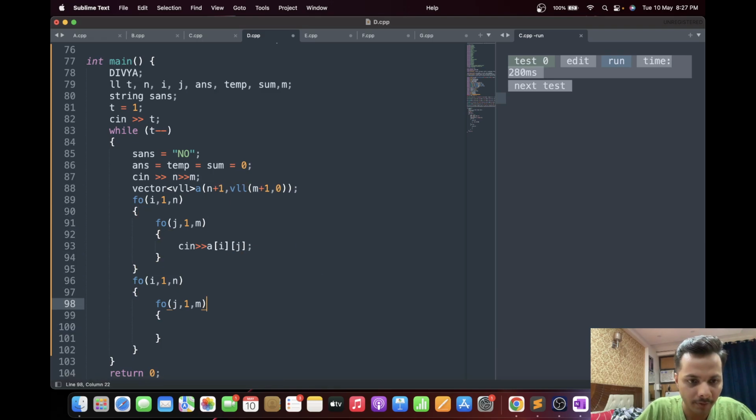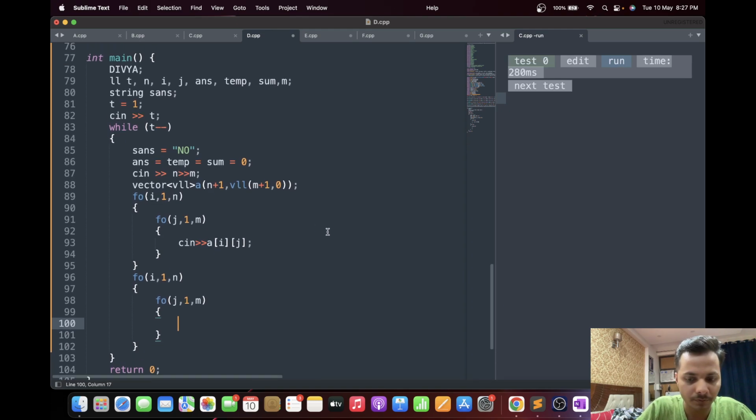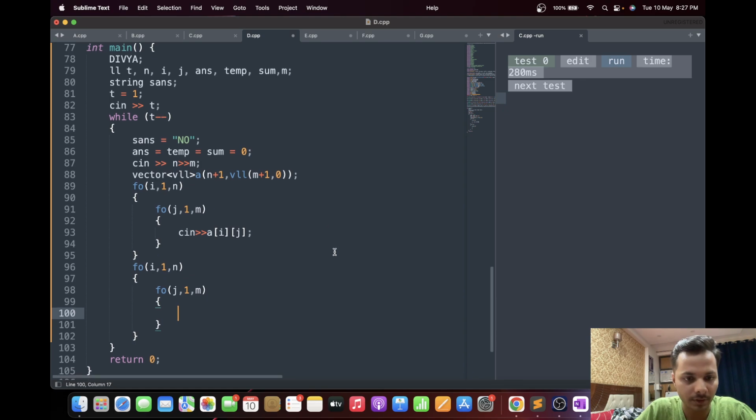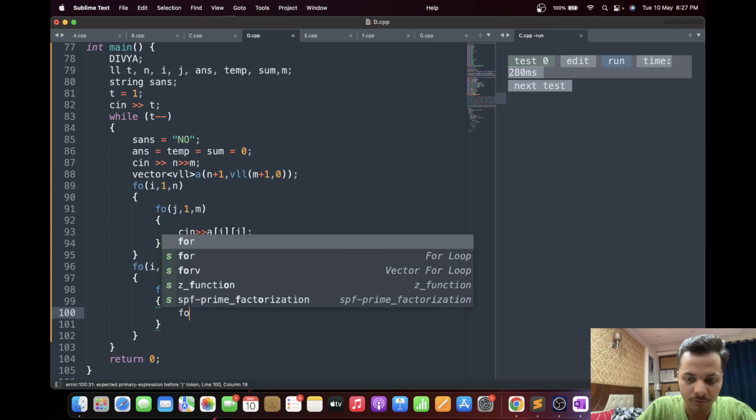Okay, now first we'll try to go up. So what that will do is, so let's try to go d distance up. While valid of I plus d, or maybe something like this, we will simply go.